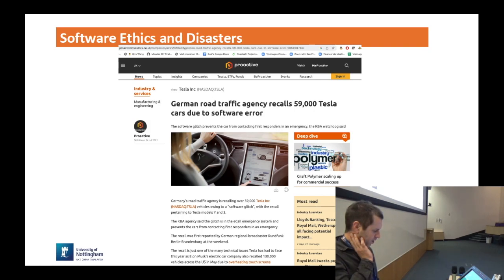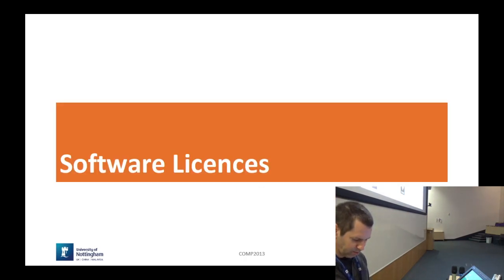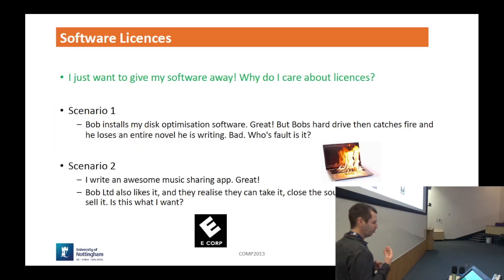Okay, and just a little bit of information about software licenses, which is very closely connected to open source software. If you want to give your software away, you probably want to associate it with some sort of license that describes what the rules are, what you are allowed to do, or not allowed to do with the software.